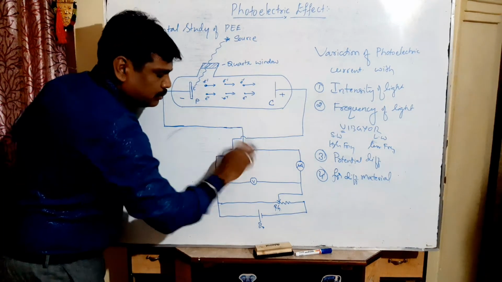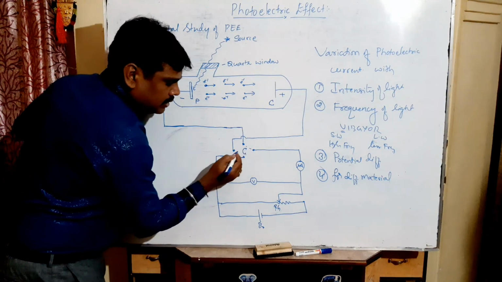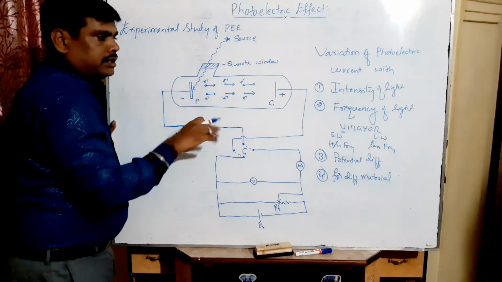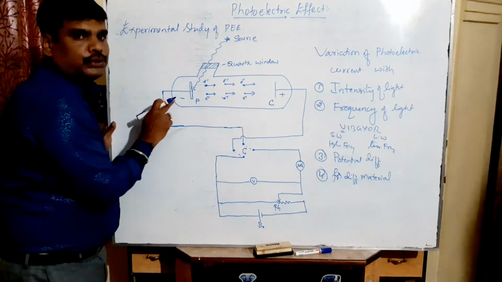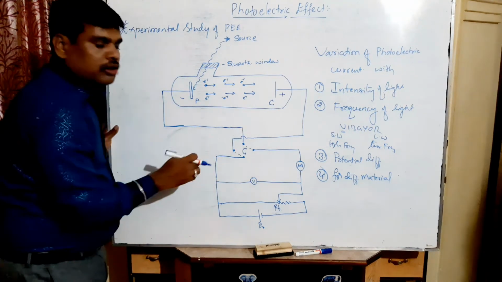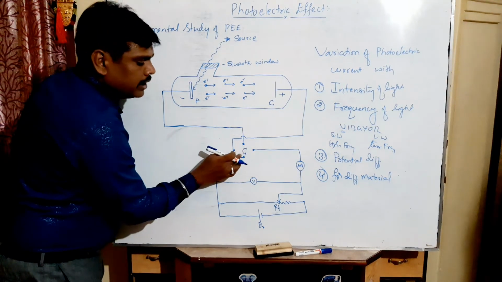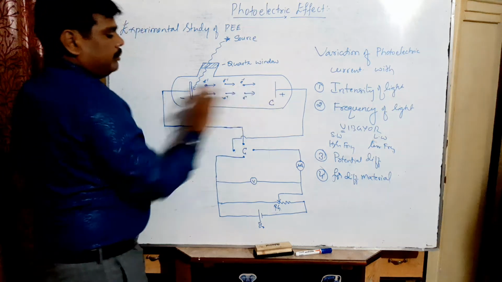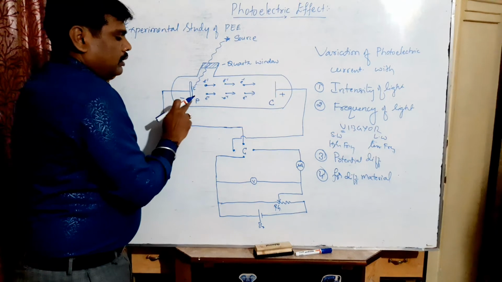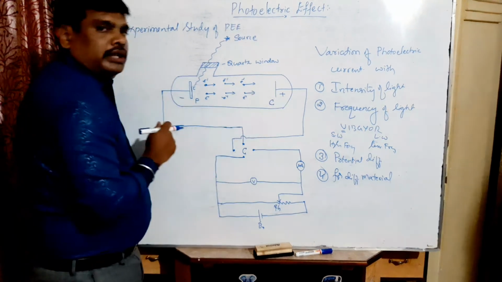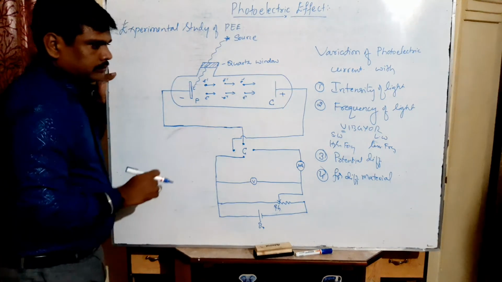If you interchange this position, if you connect like this, the current direction changes. It means this will become positive and this will become negative. Like this, the commutator's function is to change the polarity between positive and negative, or between the emitter plate and collector plate potential. So that is the function.